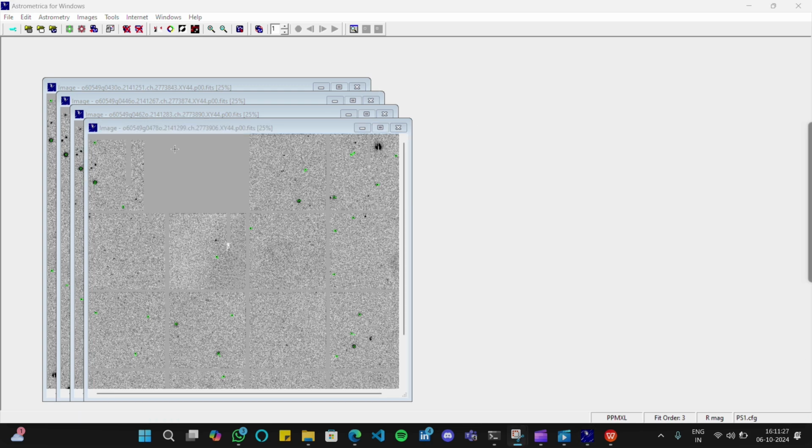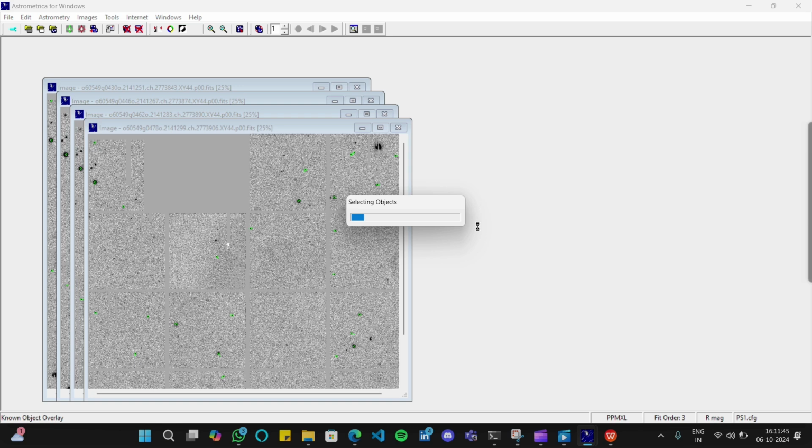The next thing you have to do is click on the known object overlay. Here you can see known object overlay. The name is not coming, so you can do one thing. You can click on invert image, then again click invert image. Now the name is visible. Known object overlay, so press on that.